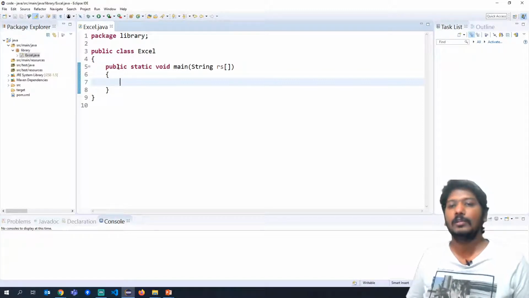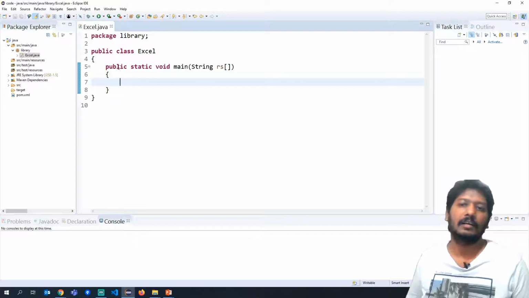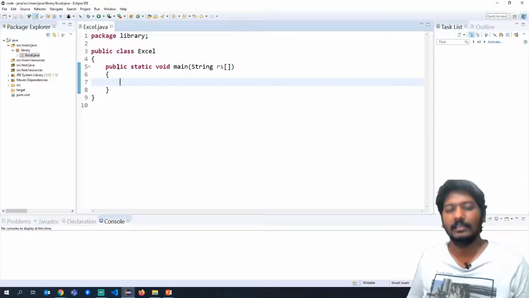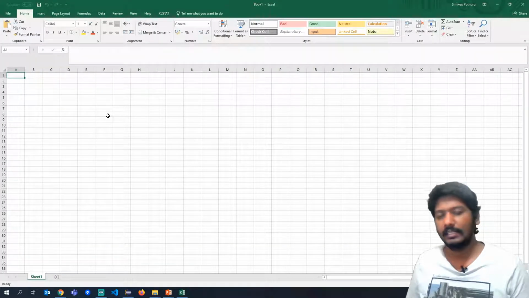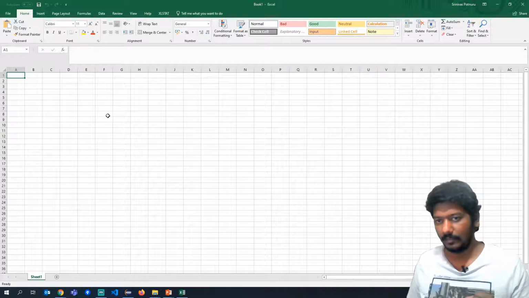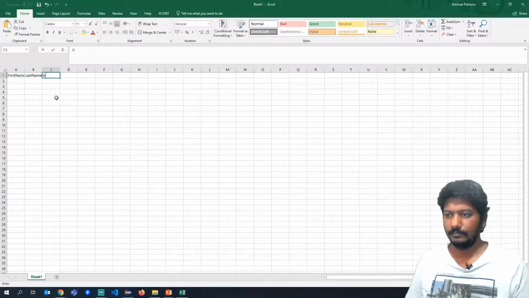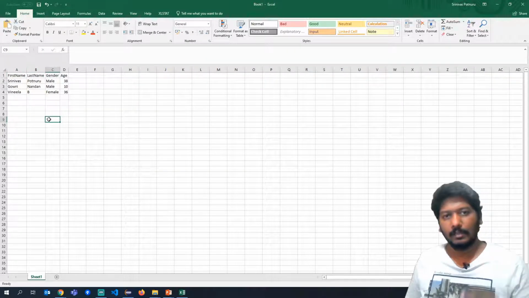the Excel file. So even before doing that, you should actually have an Excel file created, right? So we will first create an Excel file. I will show you the contents. I opened an Excel file and then I will add some particular rows. Okay, I just added a couple of rows of data.